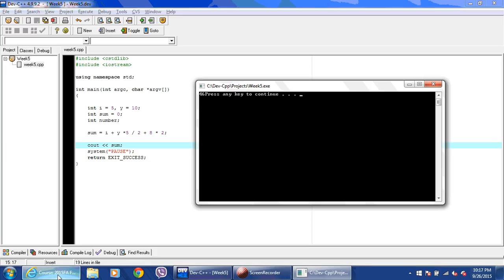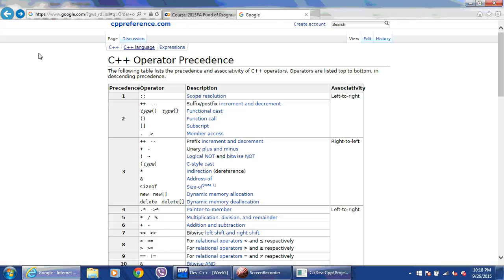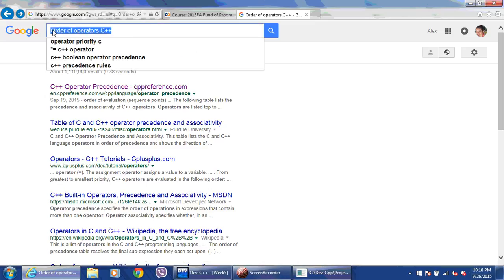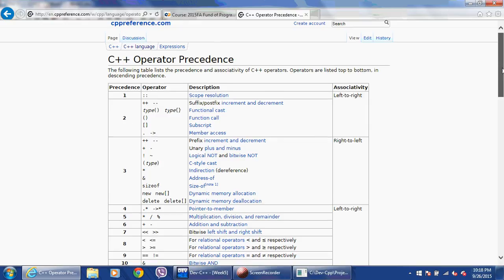So for example, if you look up on Google, I'm going back to the reference, you can look up something called order of operators. Okay, you go into the first link,